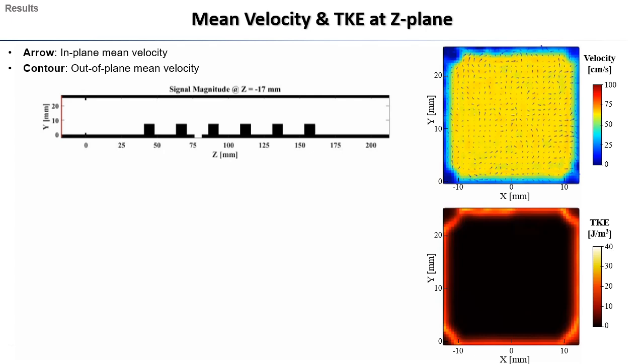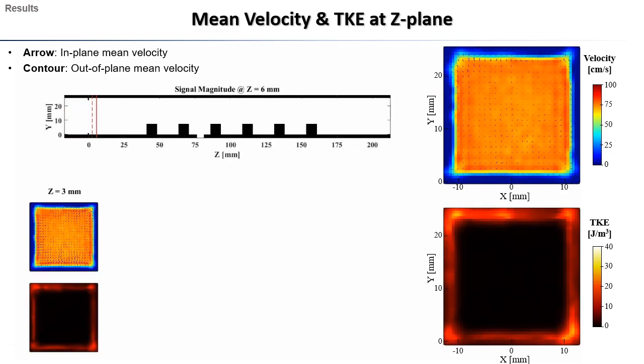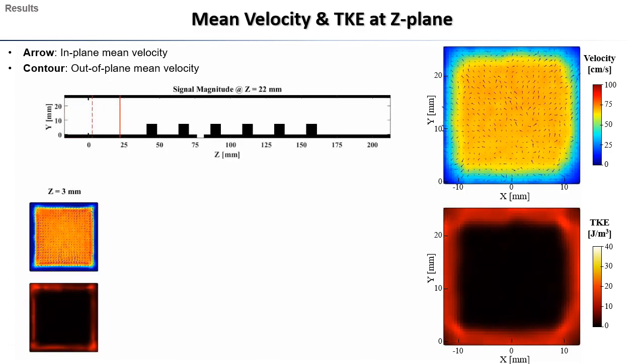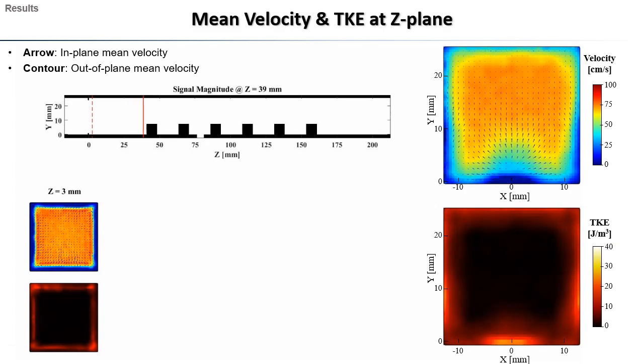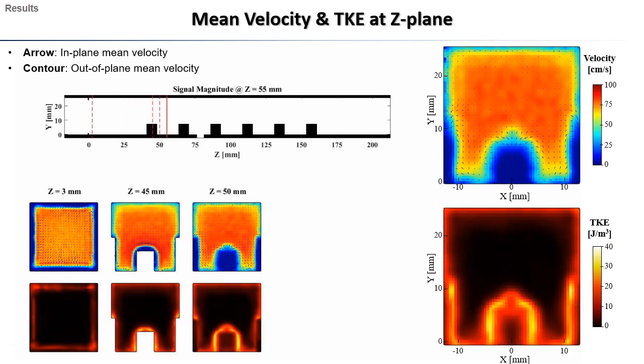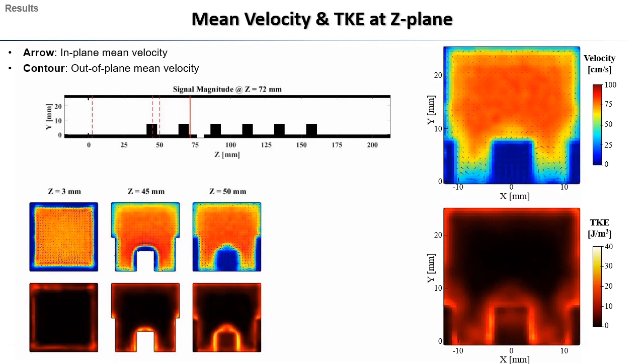From now on, I will talk about the results of the flow visualization. First, I will show you the cross-section results of mean velocity and TK data at z-plane. For mean velocity data, the arrow indicates the in-plane velocity, while the contour indicates the out-of-plane velocity. As you can see,